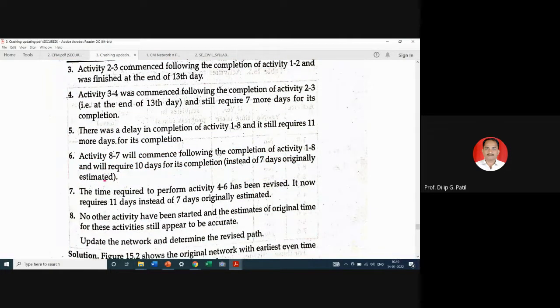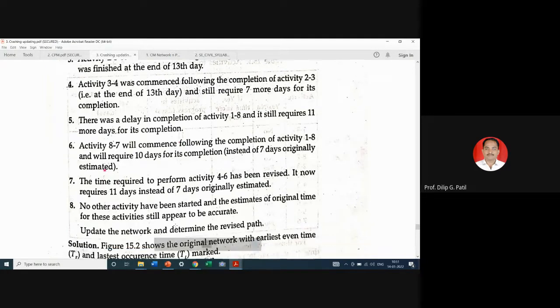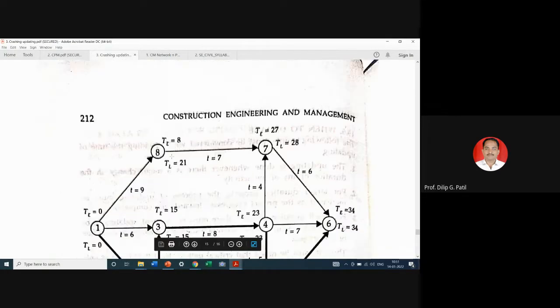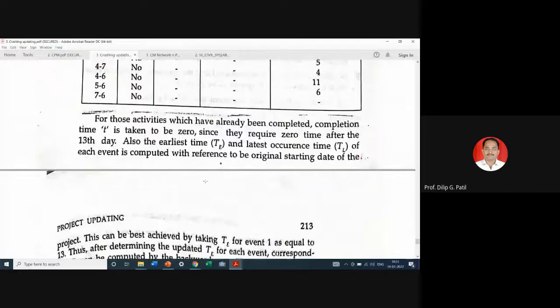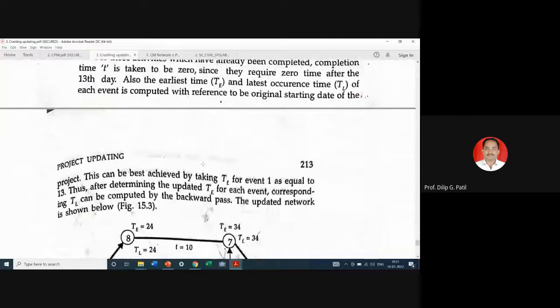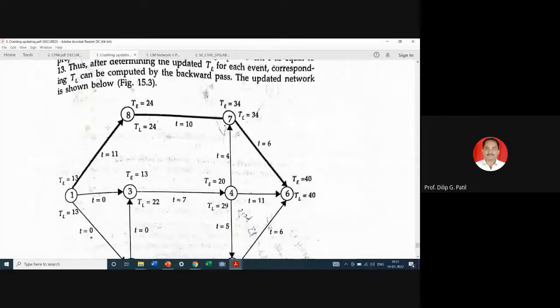Activity 8-7 will commence. This activity is in the third category, that is, yet to be started, and that will start after completion of 1-8 and will require 10 days for its completion instead of 7 days. इथं आपण 7 days म्हटलं होतं ऑलरेडी 8-7 साठी, बरोबर आहे? But now it will take 10 days. So that we need to consider in our revised table, and that should be incorporated into this